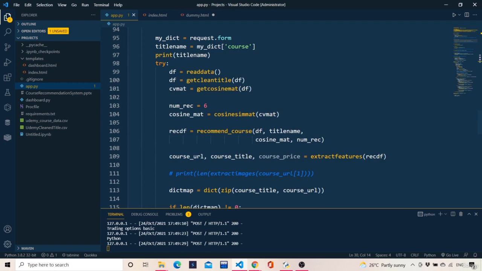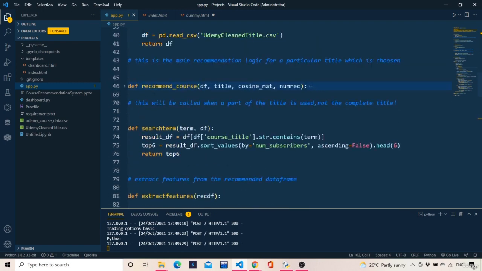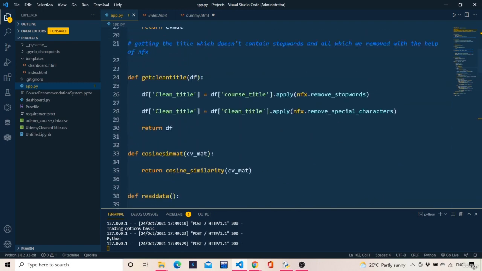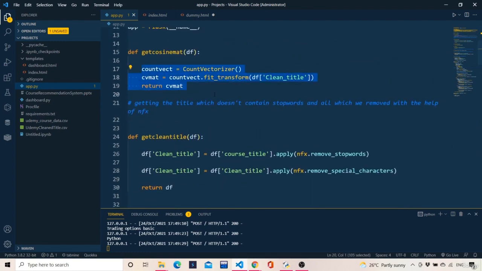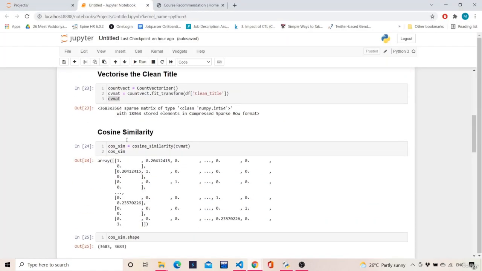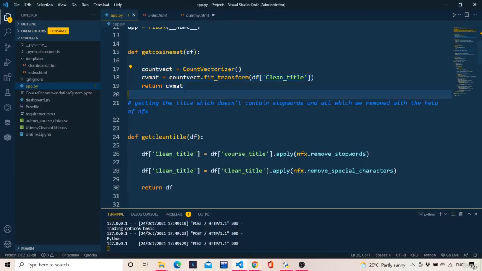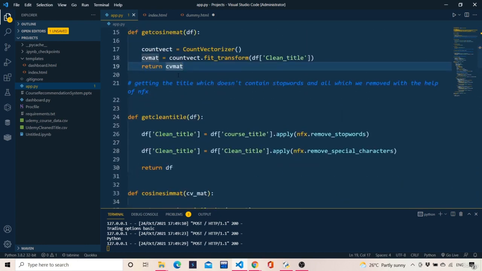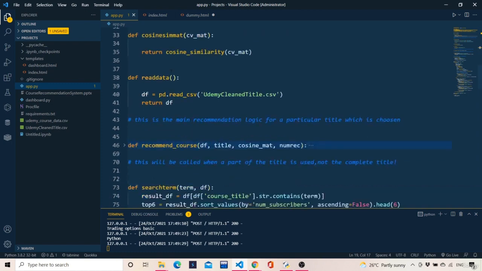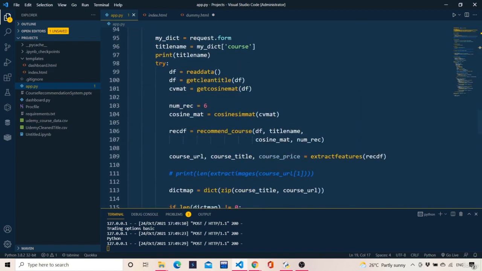Great. After that, what do we have? Get cosine similarity matrix. Where is it? It's over here. What is this doing? It is basically converting the count vectorization part. So just copy this, paste it over here and return the CV mat. Sorry, this is the count vectorization matrix. Once the count vectorized matrix has been returned, now what we have to do is